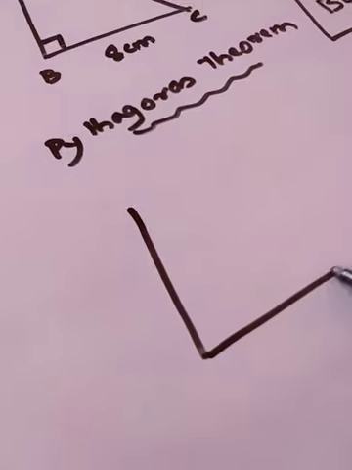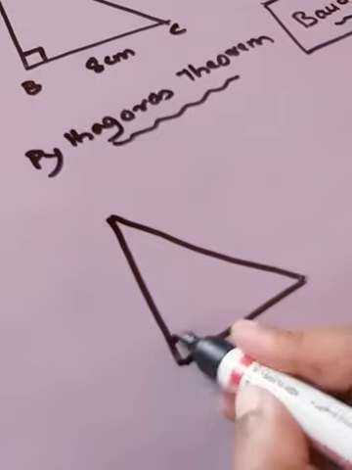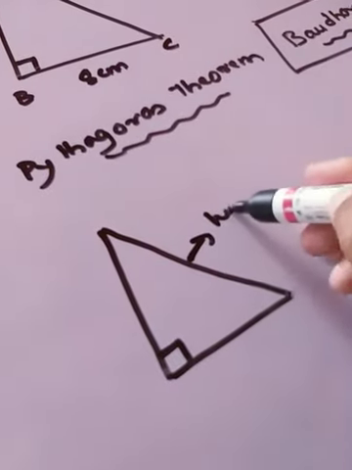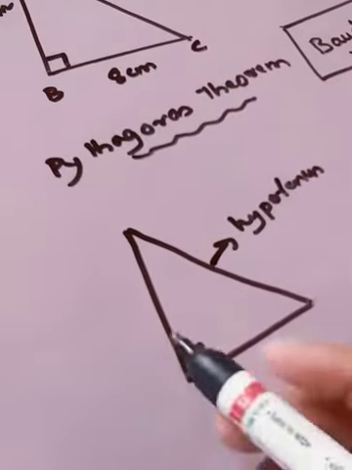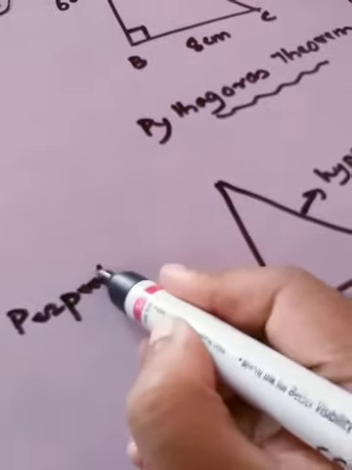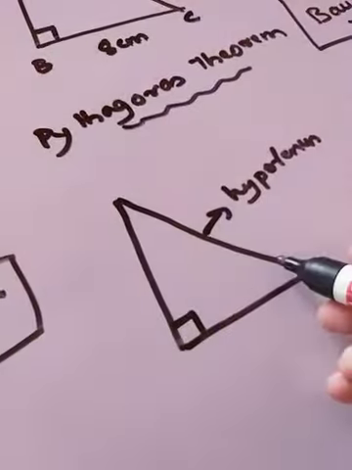So let's take one right angle triangle. Okay, now suppose this is 90 degree. So in a right angle triangle, we have some names. The largest side is this one. The largest side is called hypotenuse. Hypotenuse, students. Okay, now there are two more terms, that is perpendicular and base. Okay, so this is interchangeable, that is, it changes with what? Changes with theta.